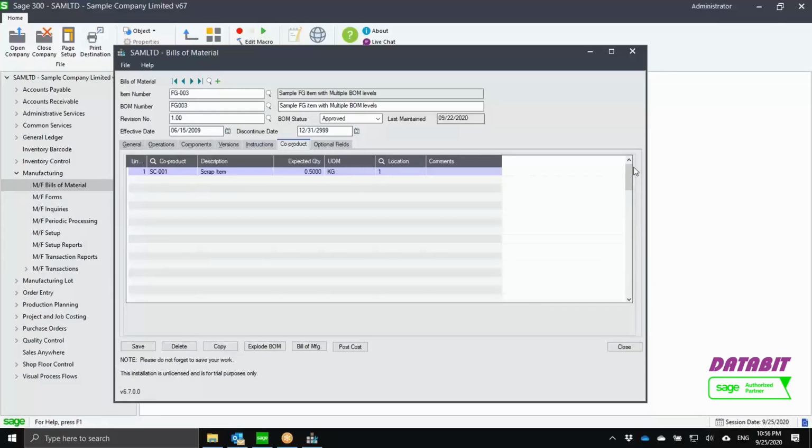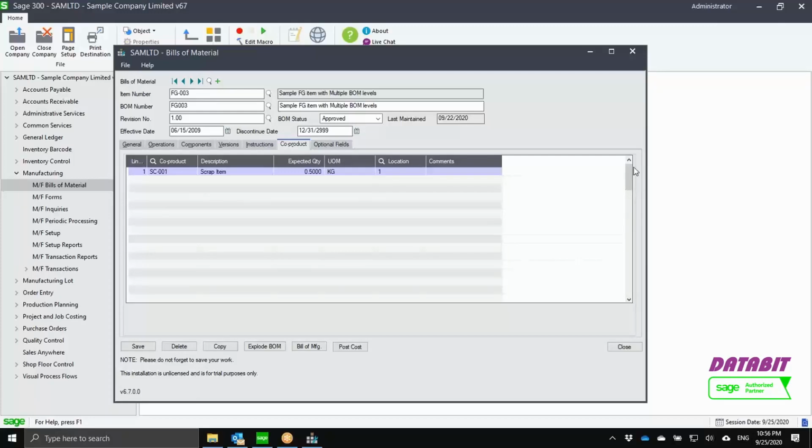But now in the newer versions of MF, in the MF options, we can actually set up the system to receive co-products at standard cost, and/or actually let the system distribute the costs proportionally based on the quantity produced for the main product versus that of its co-products